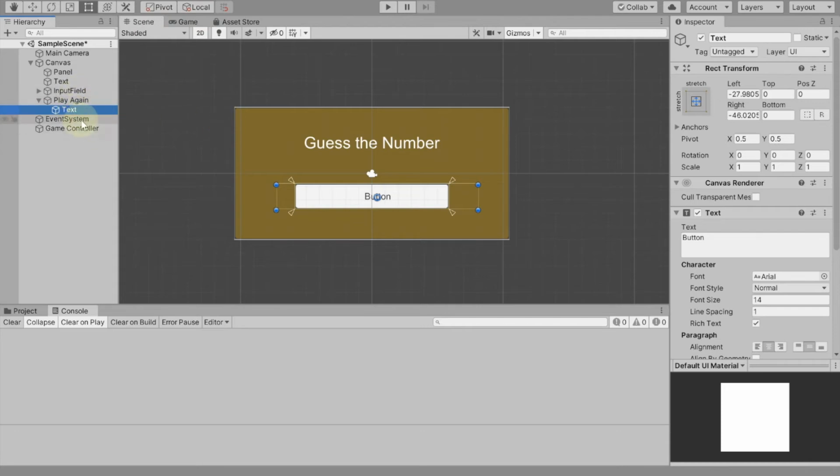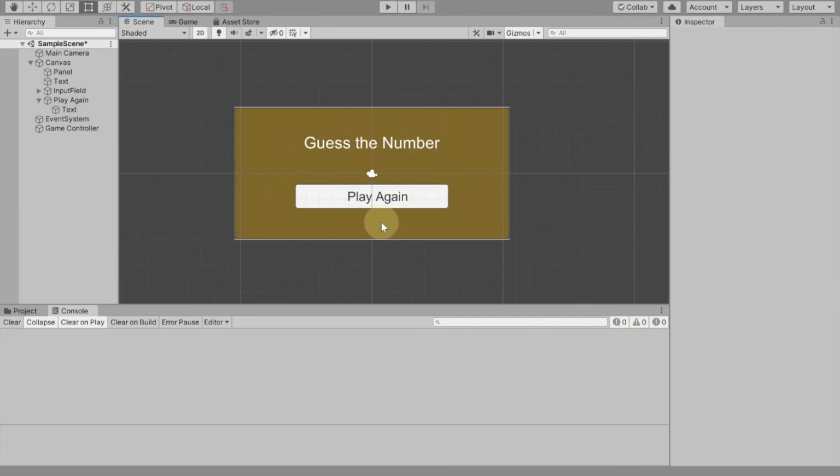All right, so now what I need to do is go to the text of the button, and change the play game button name to play again. Okay, and if you wanna increase the text size, let's make it 15, or maybe 18. Let's say 20 is not bad. So I just adjusted the position, and after that I renamed it to the play again button here. So what next I have to do is turn off the play again button,